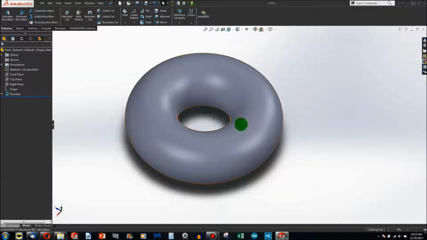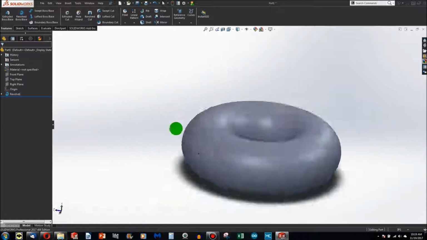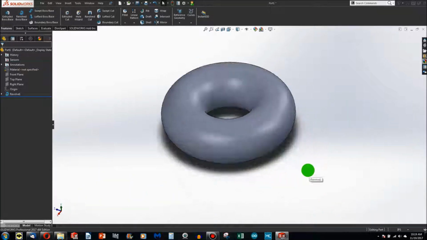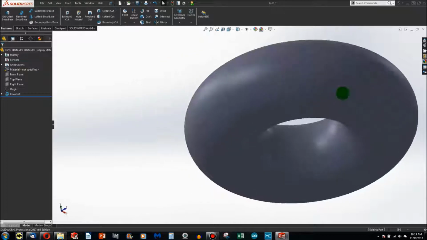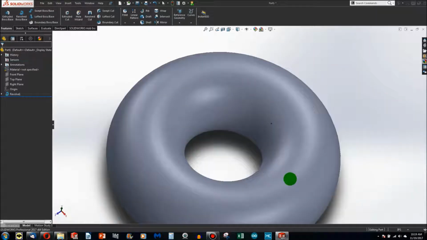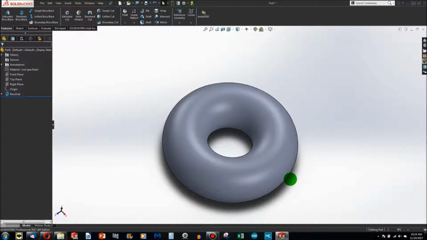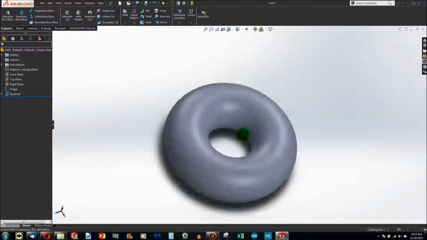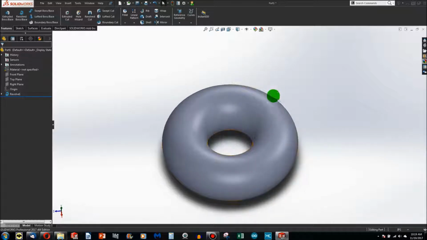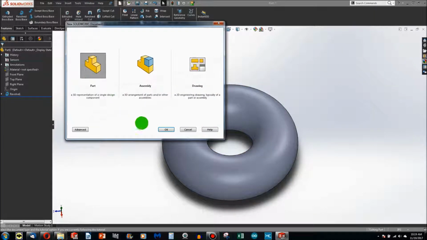Well, if I wanted to model something like this, let's call it a donut or a bagel in SolidWorks, or an O-ring or something of this shape, how would I extrude this? The answer is with a huge amount of difficulty. So instead of extruding, I want to show another way of being able to create solids that are specifically for rounded objects. To do that, I will open a part,